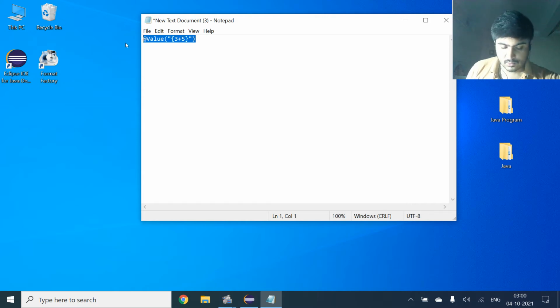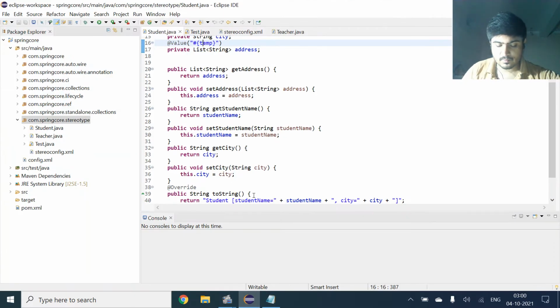In simple words, what types of expressions are allowed? We have classes, methods, variables, constructors and objects. These are the types of expressions which can be passed.